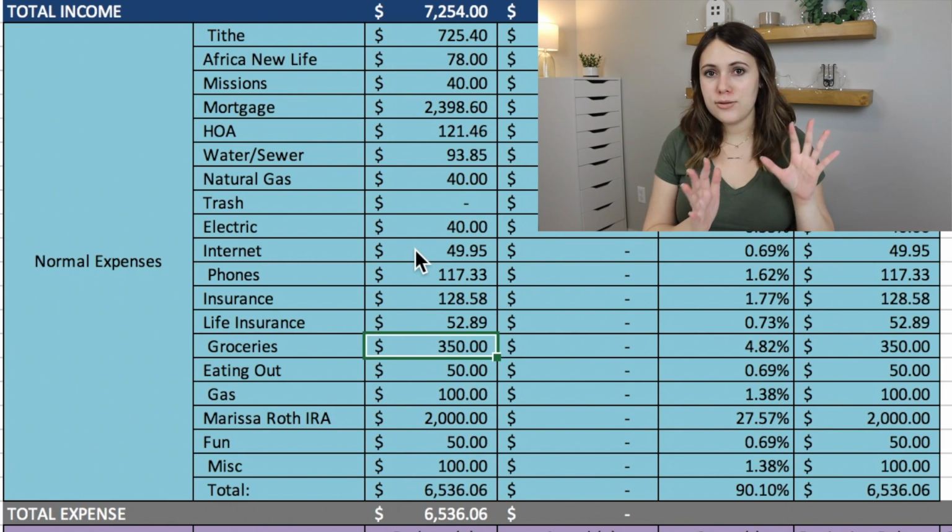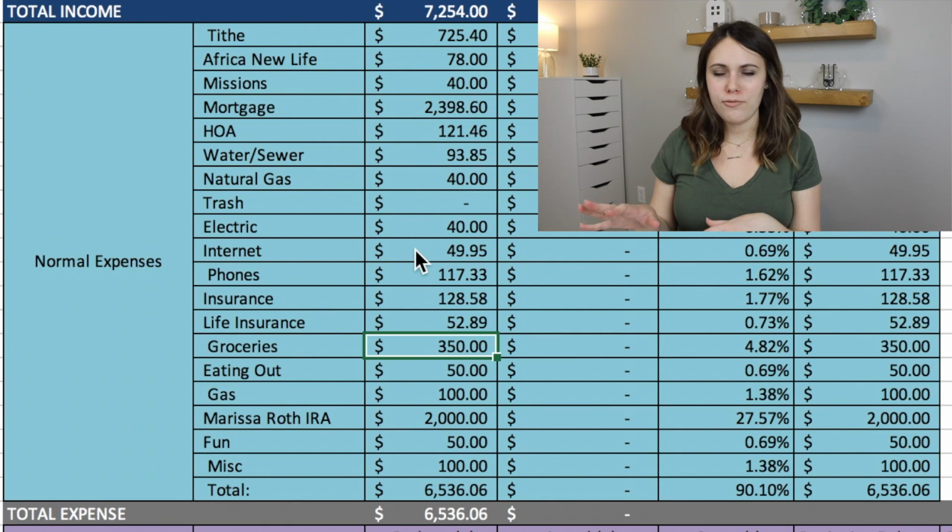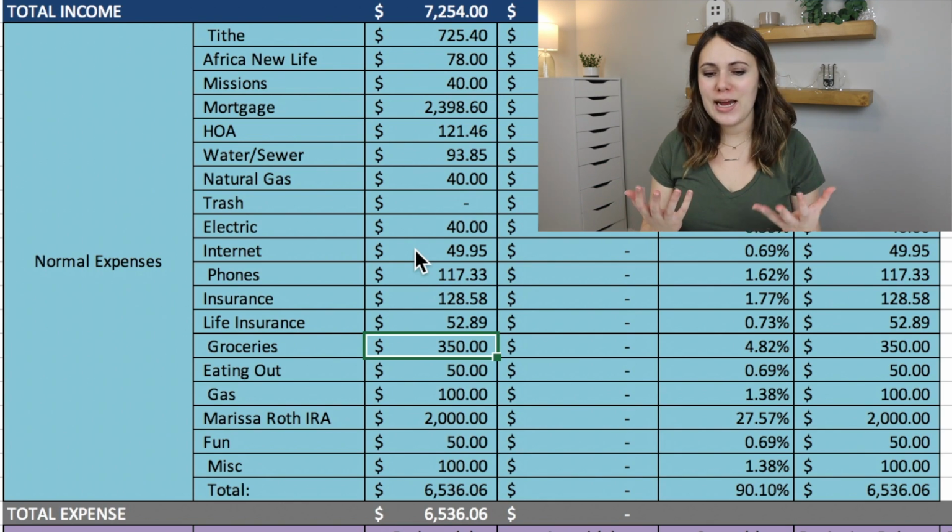But we are trying to avoid going to stores right now, so I don't think that we're going to be going to Costco. Anyway, I'm going to try and get everything that I need to do that. I still want to be able to do that. I think I'm just going to try to get those things from our Fred Meyer, our local Kroger, with grocery pickup. So that being said, I plan to spend a little bit more on food this month